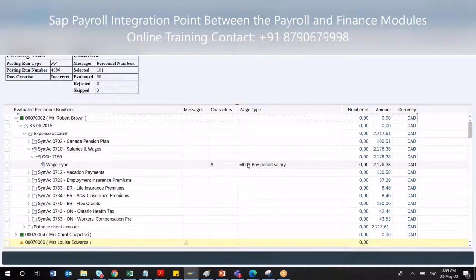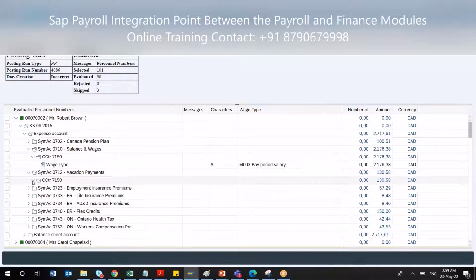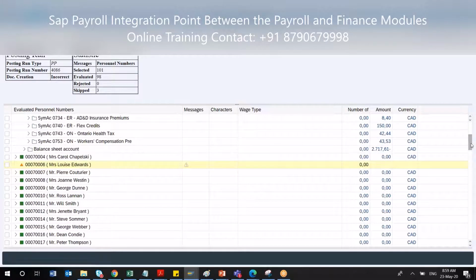So this symbolic account is connected to this wage type, and the amount is what you have paid to that particular employee. That is 2176.38 for that employee, and the same goes for the other components of his salary. You can see the entire amount and diagnose all these things.